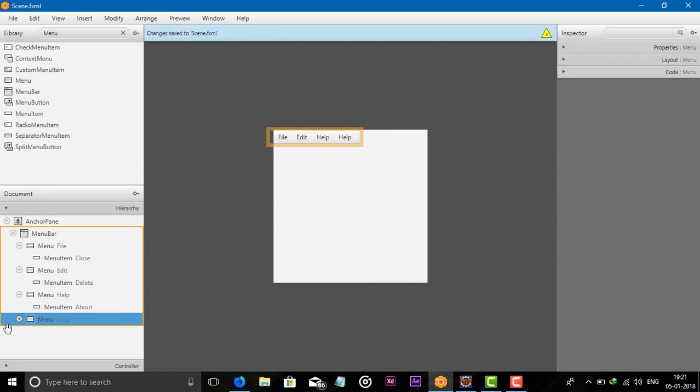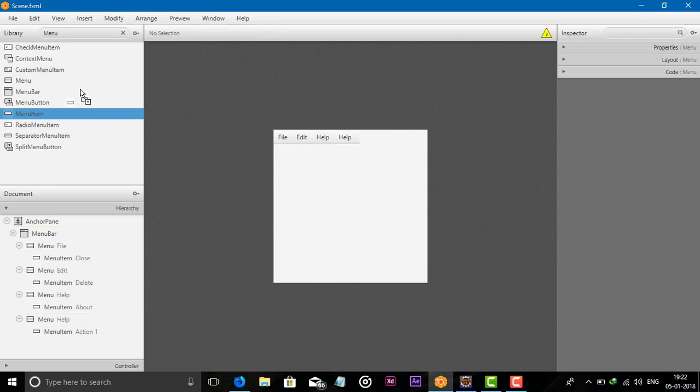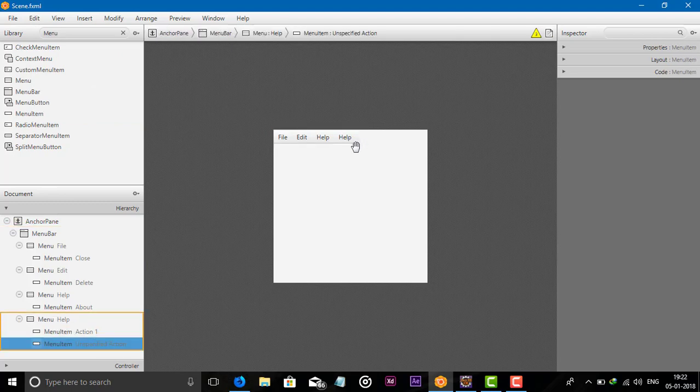Okay, so I want to add a menu item, so you can see here the menu item. In Help we have added a second menu item. So let's give it any name.